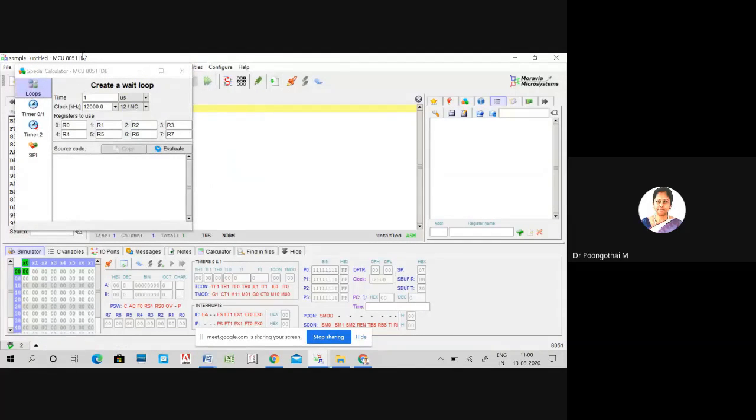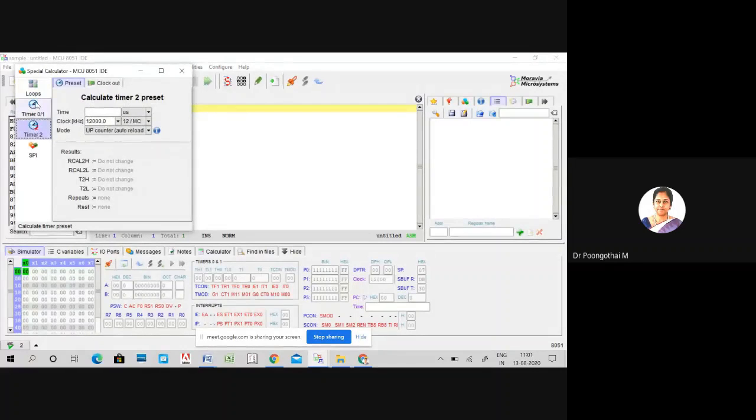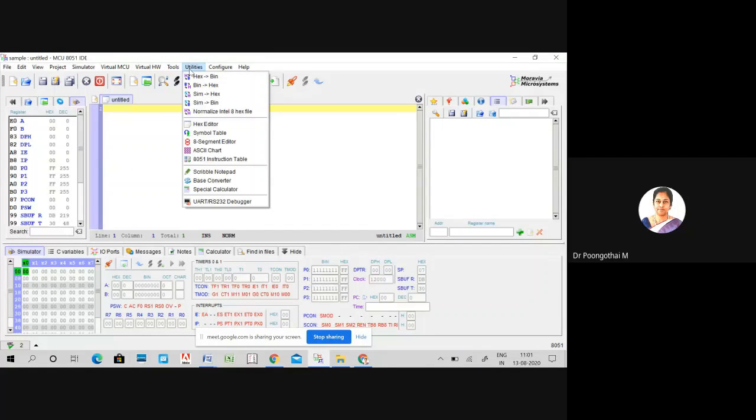Using this special calculator, we can write time delay programs and generate time delays. This is completely based on your timer operation, which I will explain later. These timers are used to generate some amount of time delay, and the time delay can be calculated using this special calculator. So these are some features under the option of utilities.